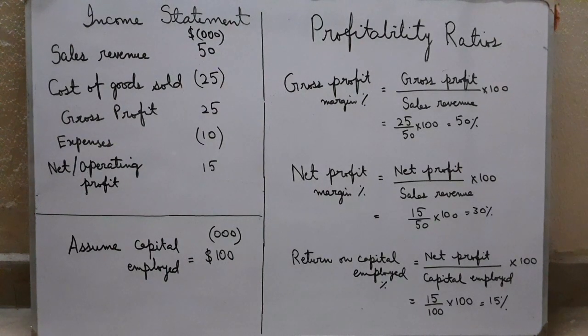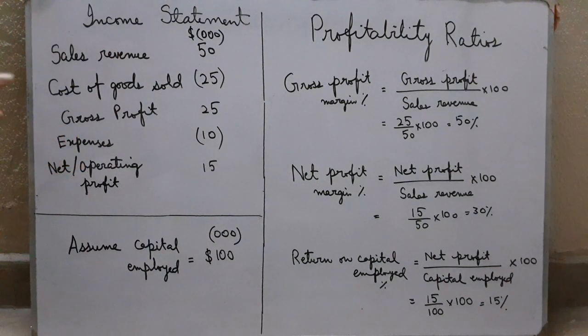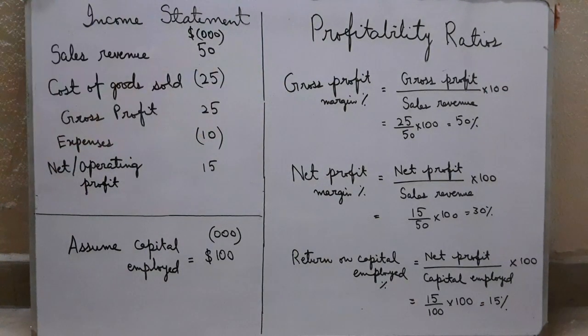One very important point for the students to remember is that these ratios are in percentages. So if you are given this question in the paper and examiners ask you to comment on this information, that is, is it a good sign for the business or not, you can always conclude that there's limited information given to you. Why? Because looking at one percentage, you cannot tell whether it is a good percentage or not. For instance, if my percentage is 50, but previously it was 60, then it's not a good percentage. But if previously it was 40 and now it's 50, then obviously this is a good percentage.